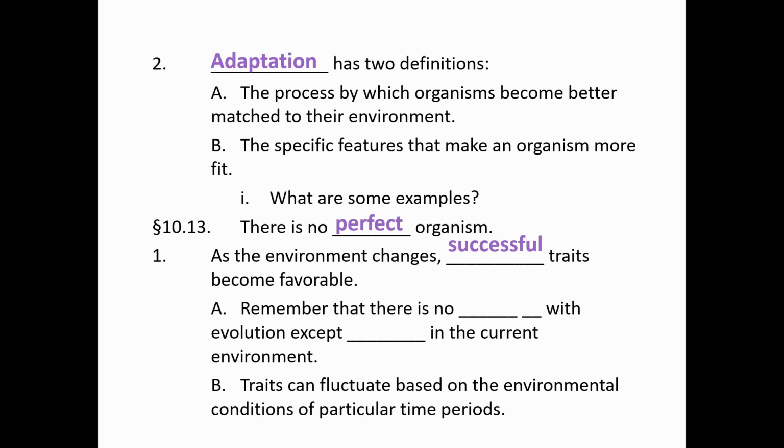No organism is. It's also important to remember from the first video we did that there's no end goal in evolution except to basically survive, right? It is a day-to-day process. We are trying to survive from today to the next day. We're trying to survive from one generation to the next generation. But there's no end goal. There's no, we want to make an organism that looks and acts like this, right? So we can't predict the future necessarily. Evolution itself is not trying to work towards some sort of organism outcome. And so we see that traits can fluctuate based on the conditions that we see in a given time period. And if they change, then we see traits will change along with it.